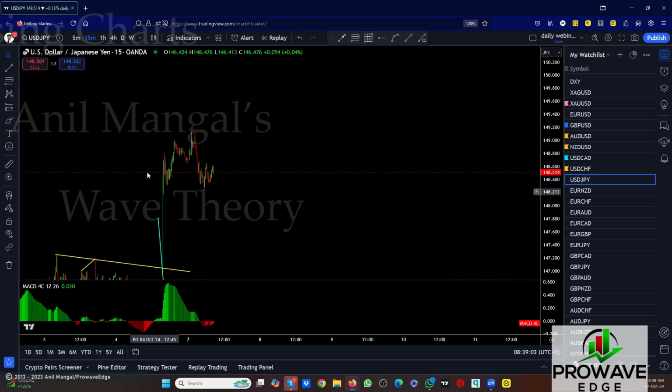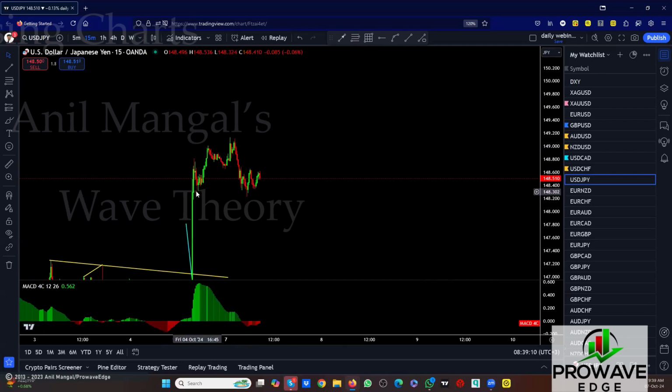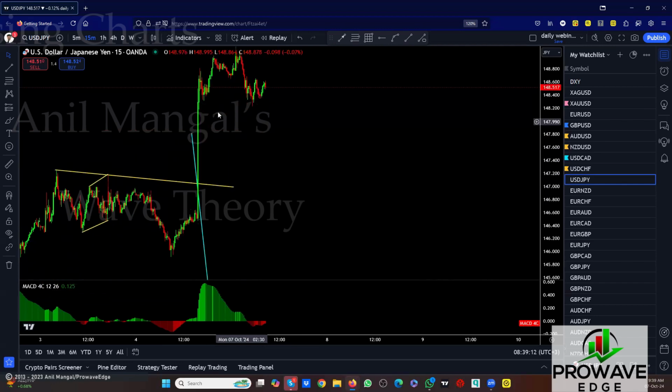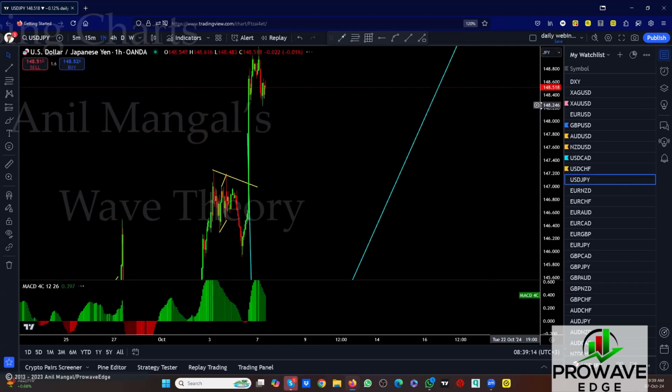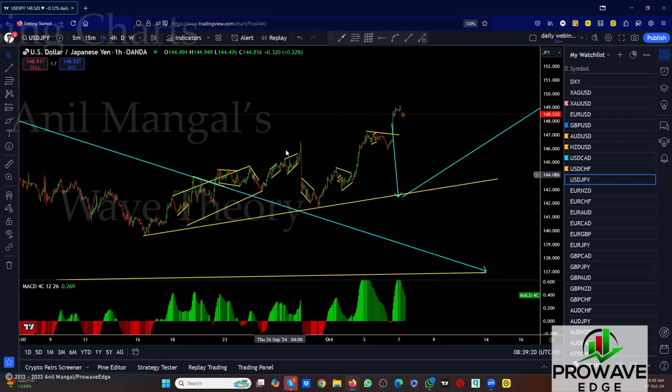Okay. So I would probably go with a running flat until this happens, right? Until that happens. So I'll go with this making a running flat here for one more up. But if it consolidates there, forget about it. We're going for a drop. We're either going for this drop or we're going to drop straight through the structure. If this drops straight through, then we go back with this. This is the running flat in here, the smaller one, right? It's 1, 2, 3. We're using this one here, but I think this one could be it.